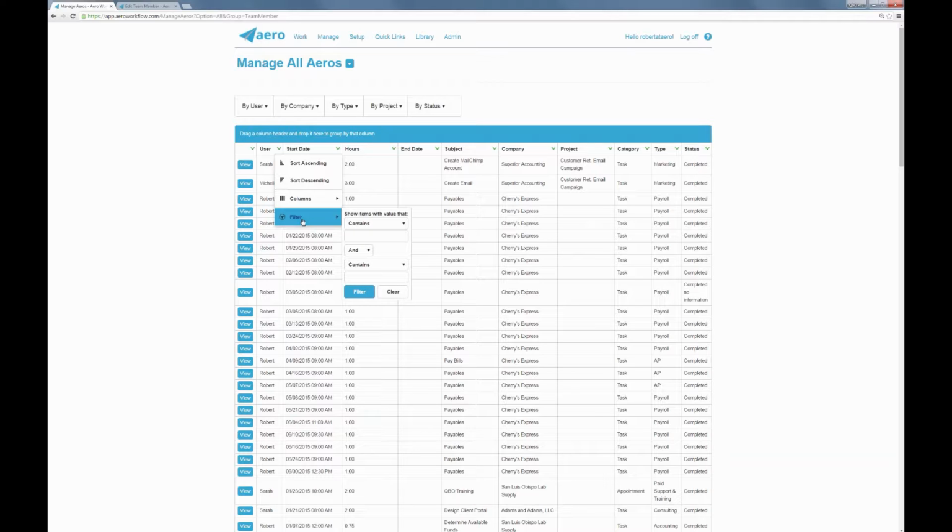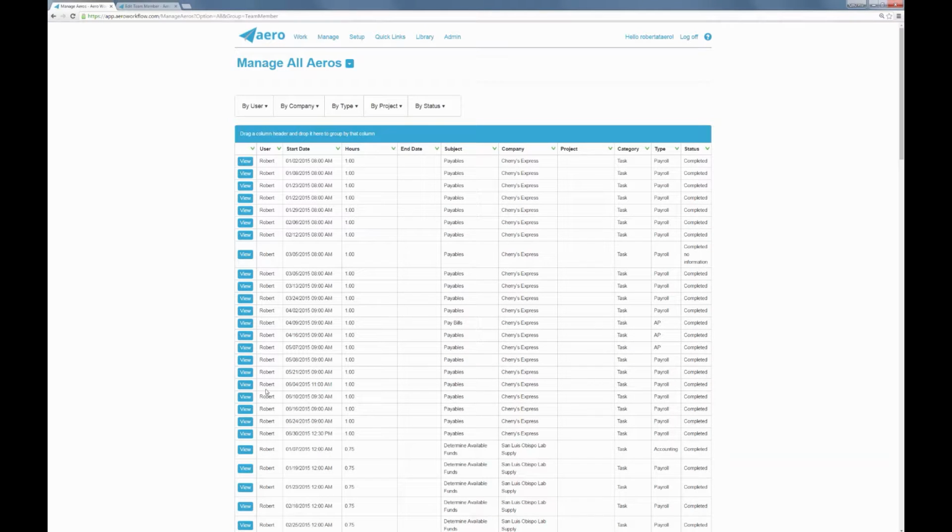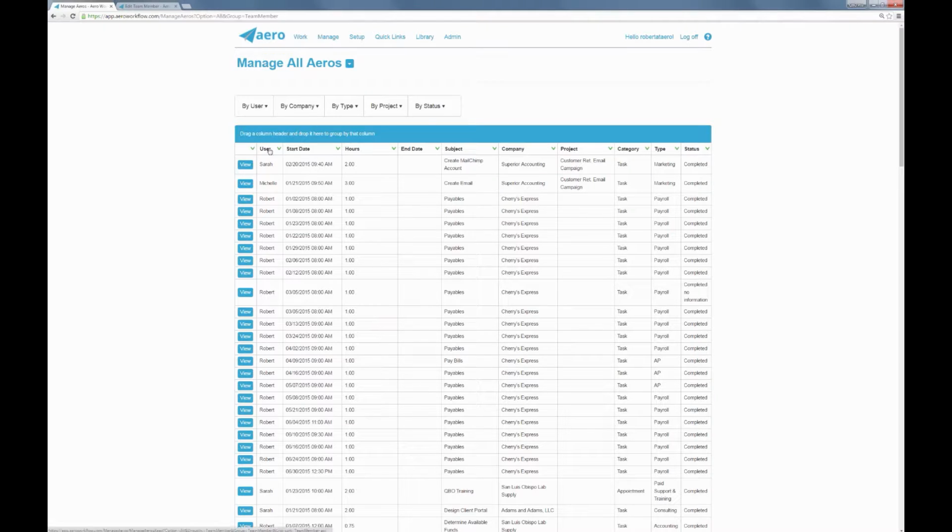And finally, this is the one I use the most. You can come here and look for particular data. We're finding that the most commonly used is contains instead of equals to. So if you're looking for just Aeros related to Robert, you could just start typing his name and hit the filter button, and we should only see data here that has the name Robert in it, right? So now the other option, if I cleared that, I could also,